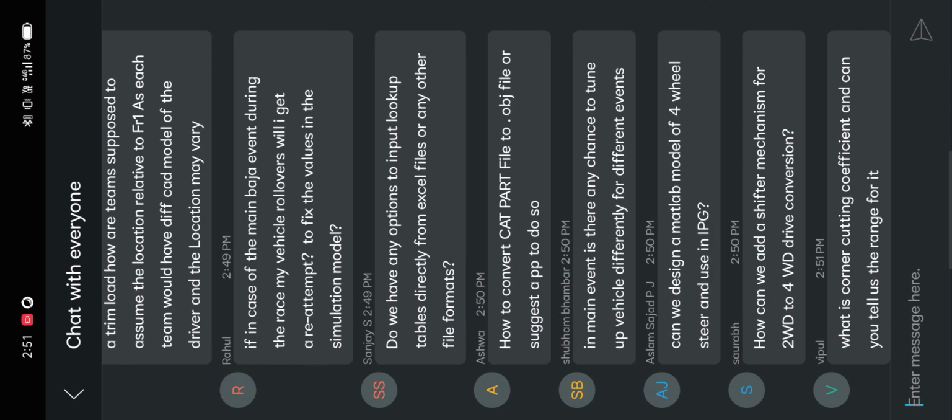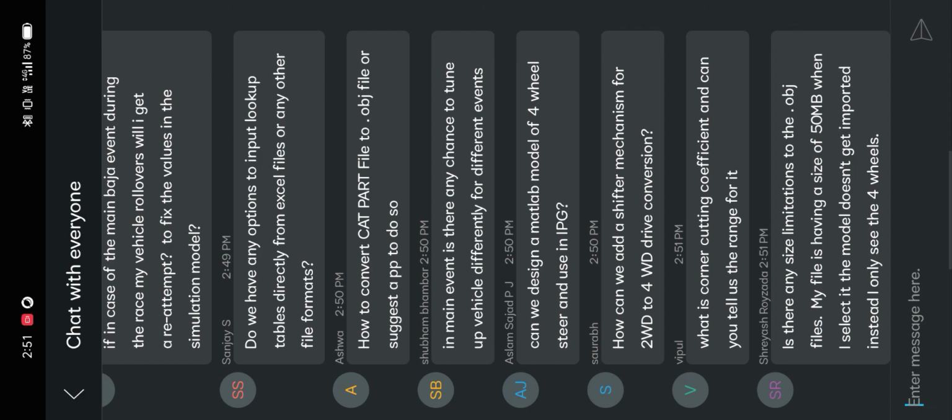A question from Manasa: Sir, we are using an automatic gearbox for e-Baga. We are unable to run. It is mentioning to give a clutch parameter. I think I answered a similar question yesterday. If you are using an automatic gearbox, make sure the gearbox configuration and parameterization are done in the driver parameters.